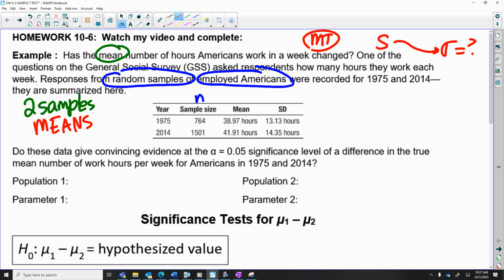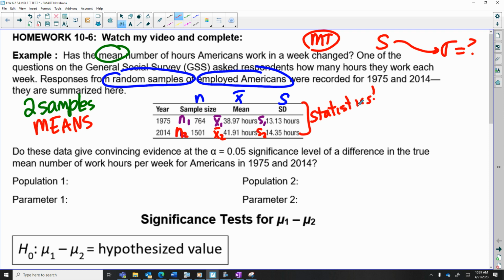So here we're going to label and organize our stuff. We're going to call 1975 n1, and we're going to call 2014 n2, for the sample size of 1975 and the sample size of 2014. Then we have the means. This is actually going to be x bar, and this is going to be s, because those numbers are the statistics from the sample. So this is going to be x bar 1 and s1, and this is going to be x bar 2 and s2. So remember, these are statistics because they come from the sample,